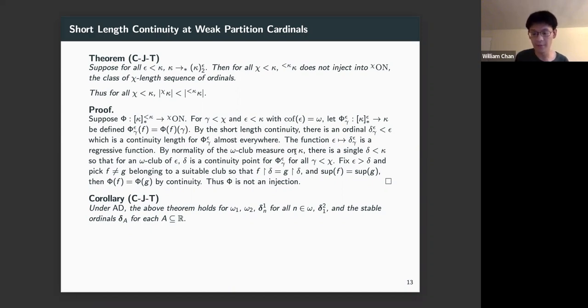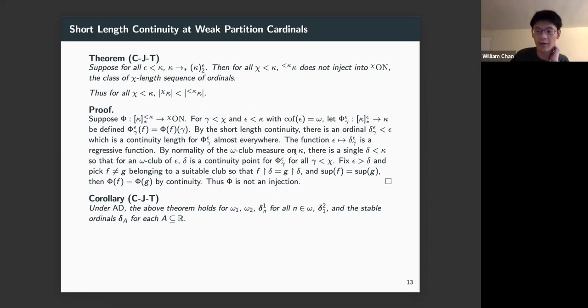Woodin's technique is kind of limited to only studying the things below omega 1 because of the need to have generics. Using determinacy arguments, we showed that under AD plus DC, omega to less than omega 1 cannot inject into omega sequences of ordinals, but the techniques we used were very specific to omega 1. We didn't even know how to prove it for delta 1,3, and even worse, these techniques definitely don't work for these limit cardinals, which are strong partition cardinals like delta 2,1 or delta A.